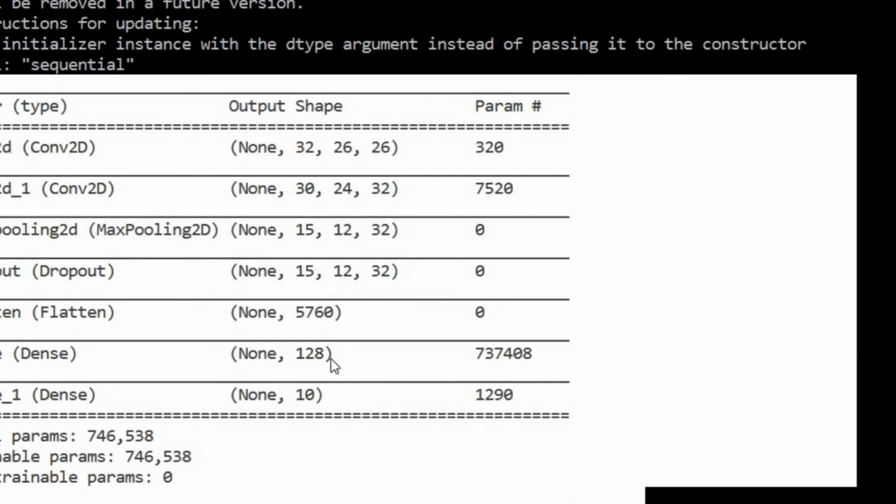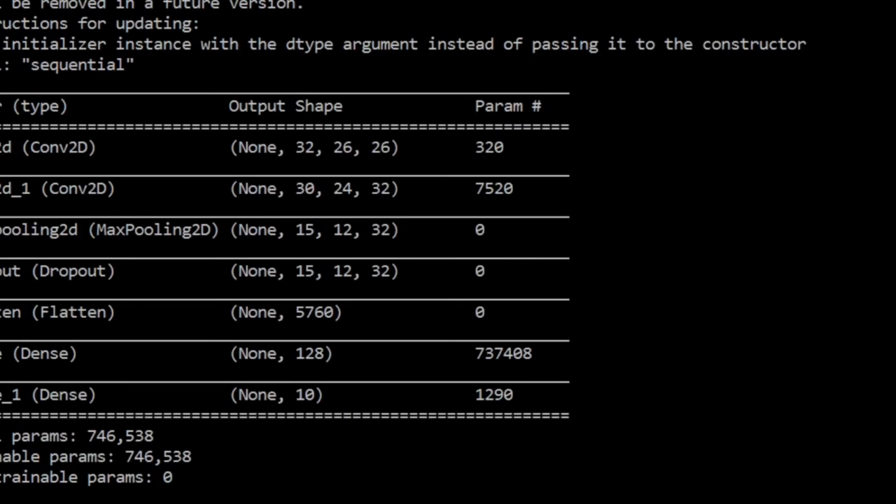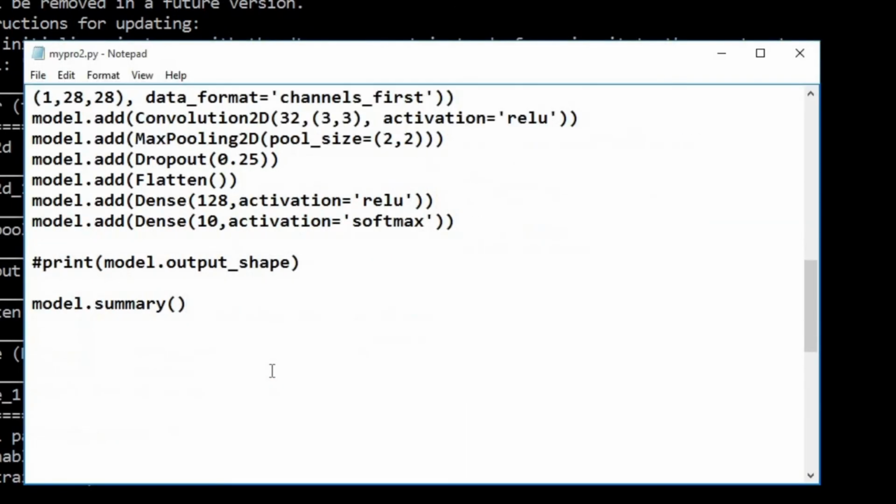So the first layer is convolutional 2D, second layer max pooling, dropout, total trainable parameters, non-trainable parameters, all the details have been indicated. So you can see how to configure a model and how to print its summary to understand the layered structure, and then using it in our program for training purposes is the main task.